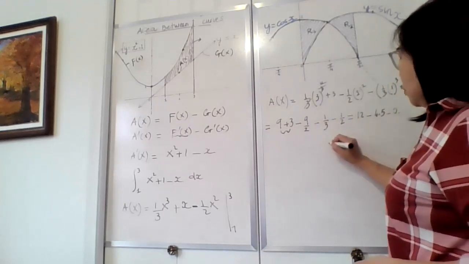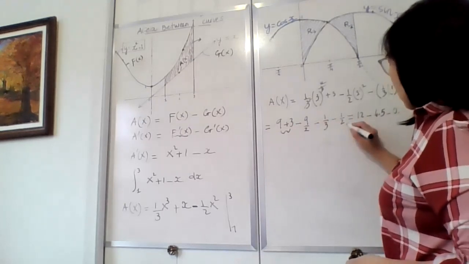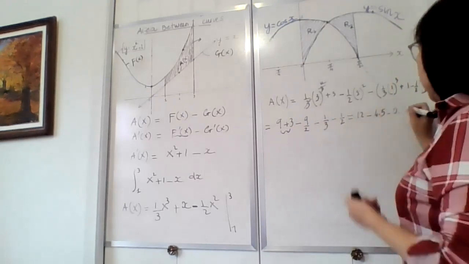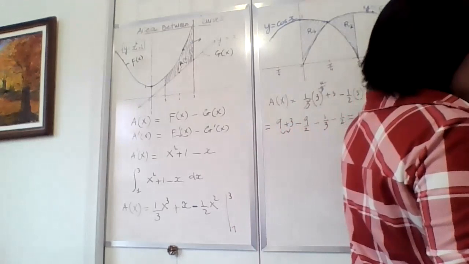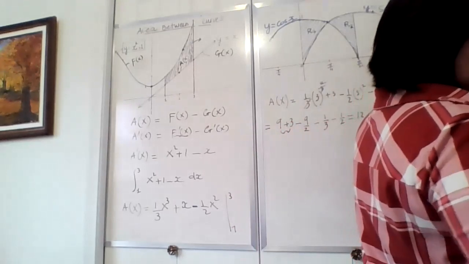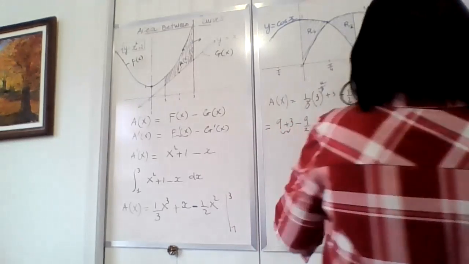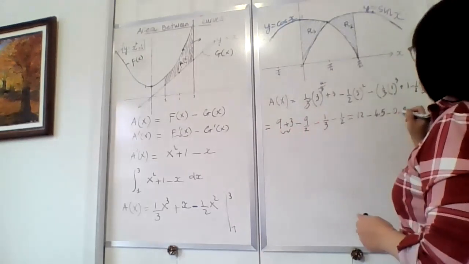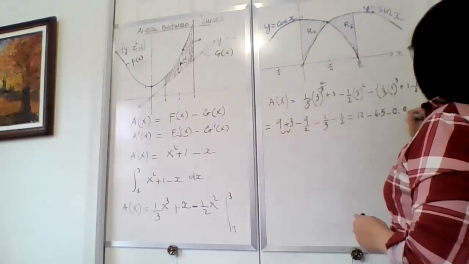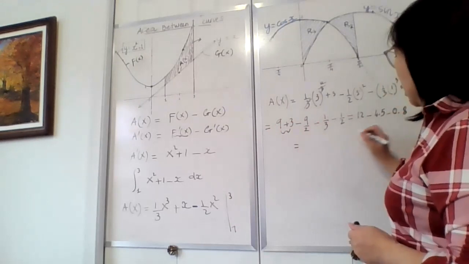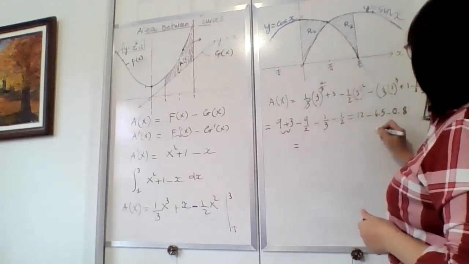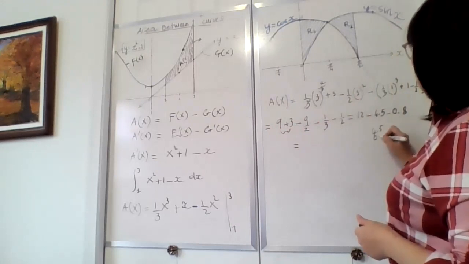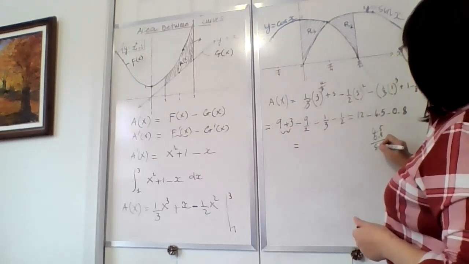Okay, so this is 0. Yeah, let's just make it 0.8. Just round off. So this is 0.8. And our answer will be what? 12.5. Okay, so 4.5 and 0.8 will be